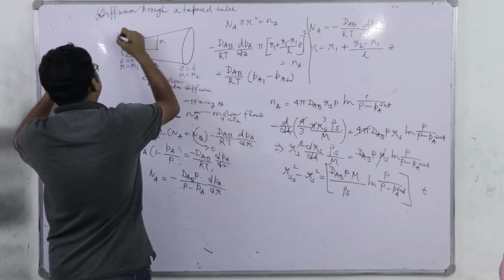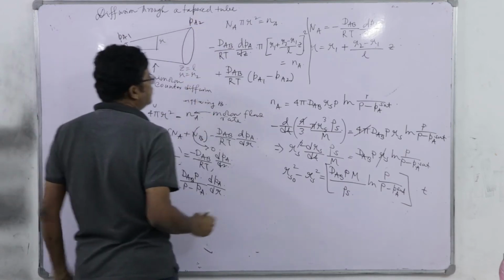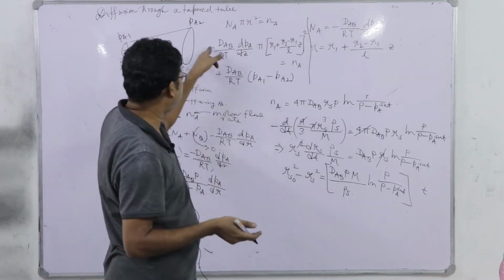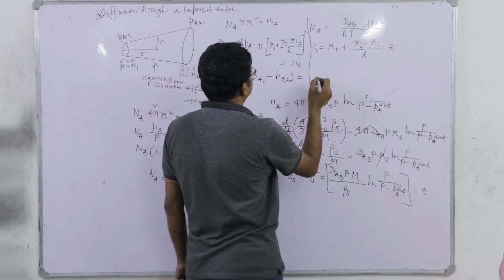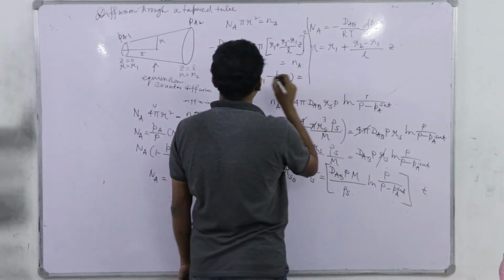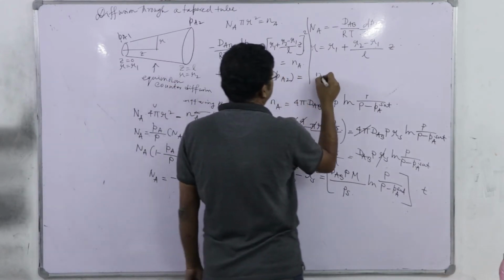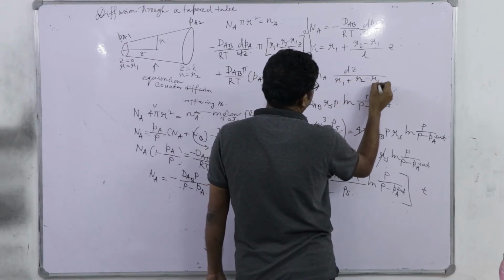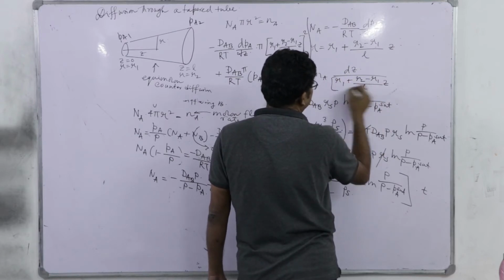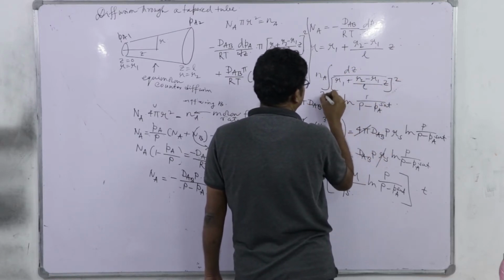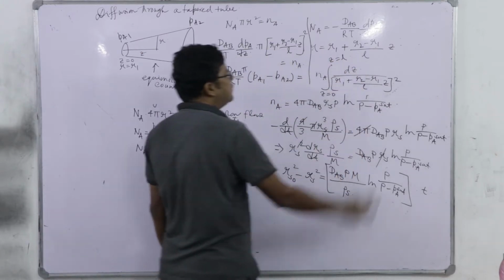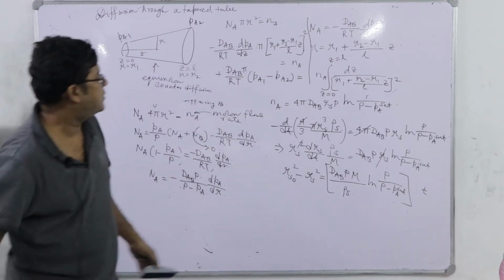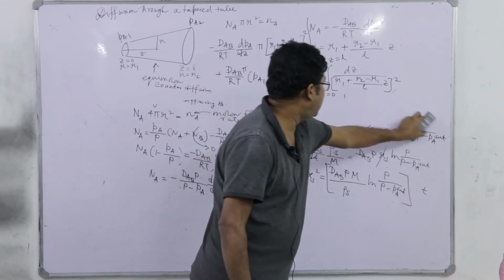So, here it is PA1 and here it is PA2. So, the minus sign has been incorporated, it should be Pa2 minus Pa1 with a minus sign here, and pi will also be there. So, Na into dz divided by R1 plus R2 minus R1 divided by L into Z whole square, integral from Z is equal to 0 to Z is equal to L. So, if you integrate that, I am not doing this integration, I will get the expression for Na,